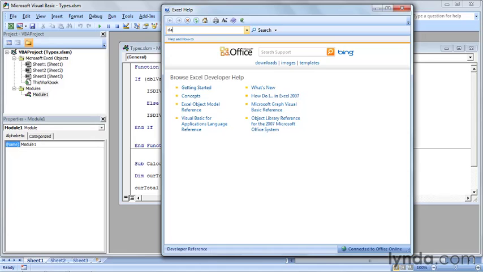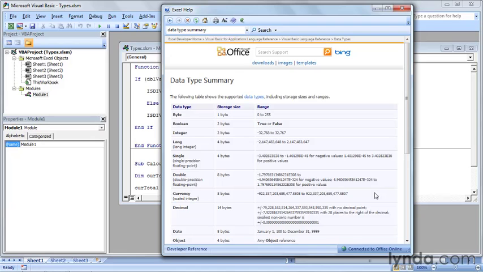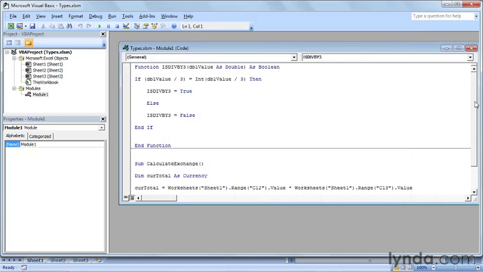Going back to the help file, you see the currency data type. The currency data type is limited to 4 digits to the right of the decimal point, and it is used for calculations involving money. It has 4 digits to the right of the decimal point instead of 2, because when you multiply two values with 2 digits to the right of the decimal point, you get an answer with up to 4 digits to the right. That means you have to be able to work with those numbers, so they've included 4 decimal places in the currency data type. Now let's see what happens if you work with a currency data type, as we do here